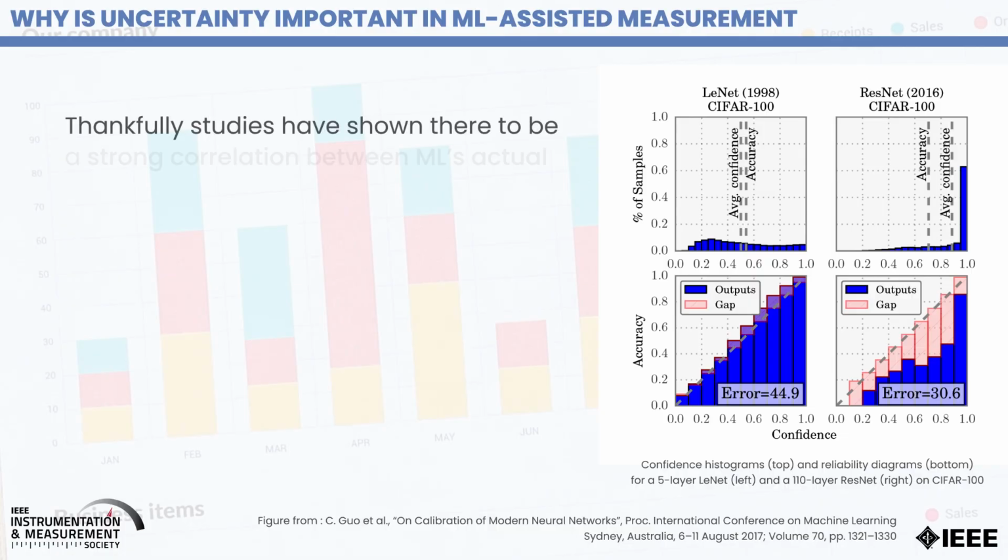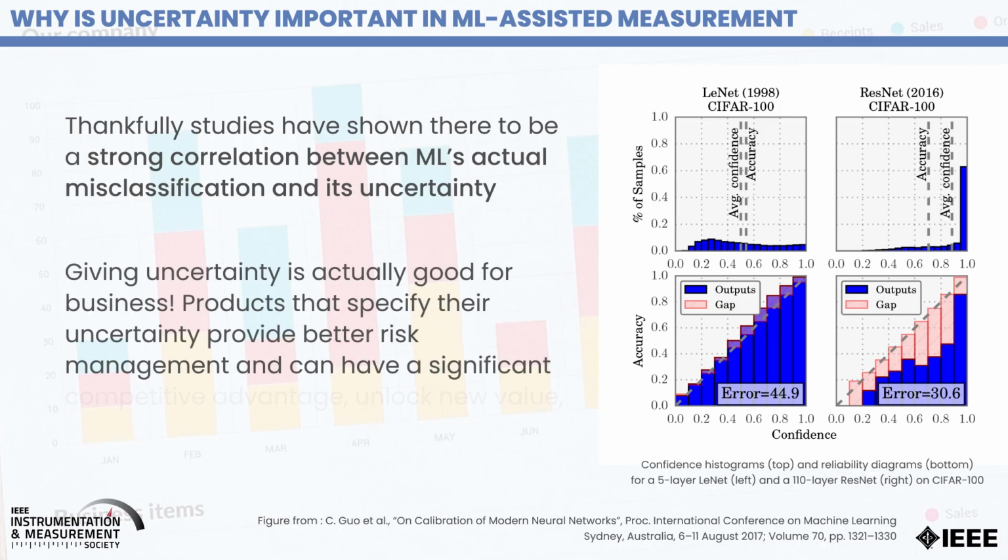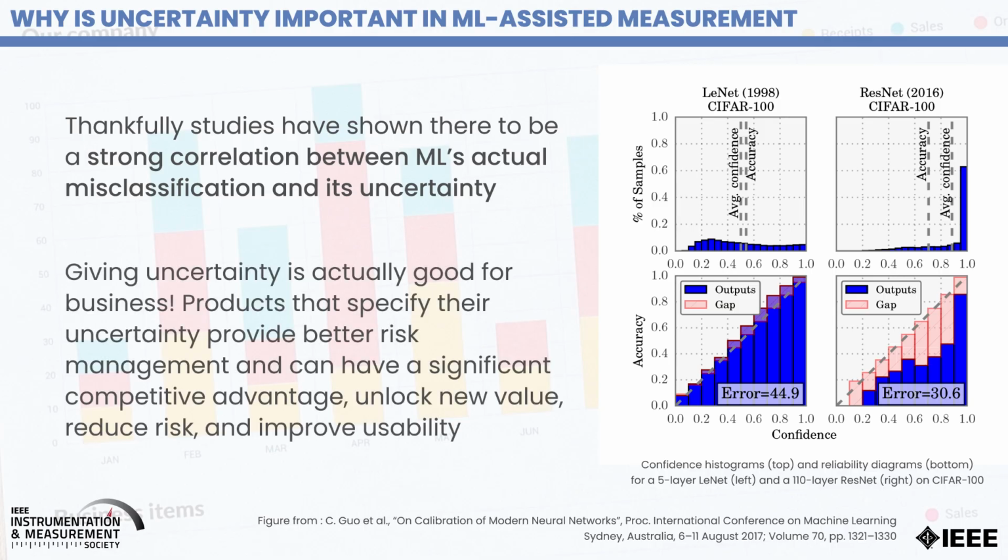So what can be done about that? Studies have shown that, in fact, uncertainty can be used to predict this misclassification. So if we determine the uncertainty and we see that the uncertainty is high, we can inform the user that although the neural network is confident, the uncertainty with this measurement is high. And either the user can do something about it, or the model can be retrained, or other approaches can be taken. But what is important is to determine the uncertainty in that instance.